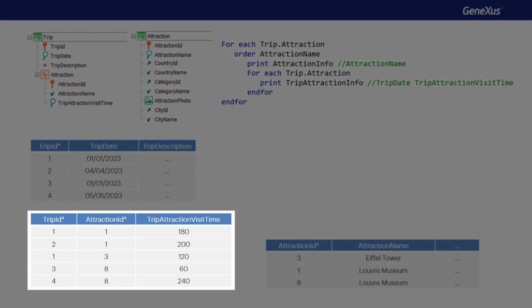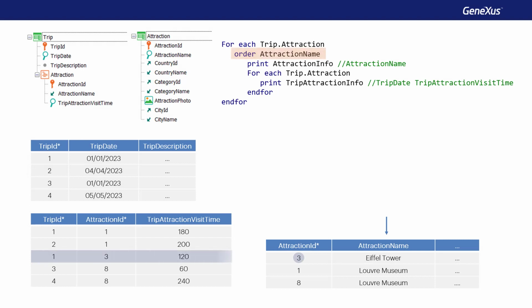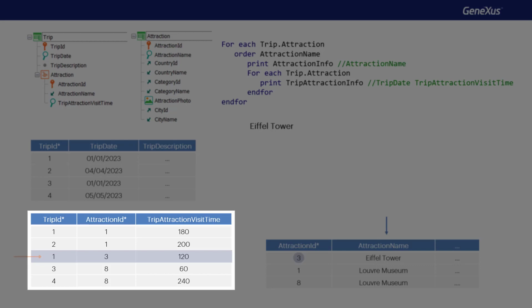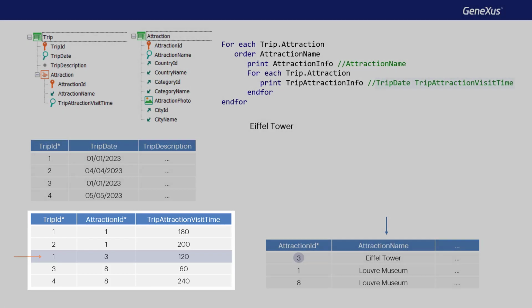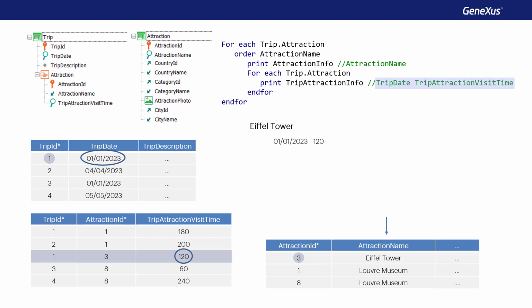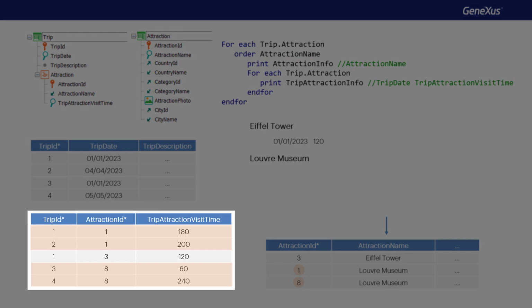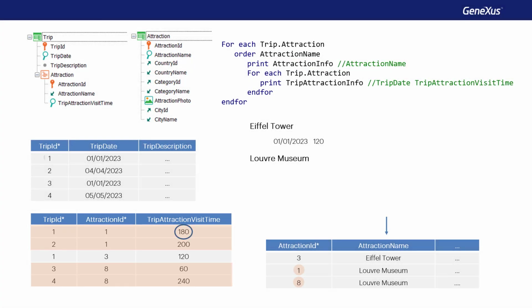We run through trip attractions sorted by attraction name, and, for the first trip attraction record with the first attraction name, we print the attraction name. Then, we iterate through the records with the same attraction name, here, only this one. We print the date of the trip and the length of the visit, and move on to the next group, which is the one corresponding to these records with the same name in attraction. We print the name, and again, iterate with the nested for each as long as the attraction name doesn't change. And so the output is